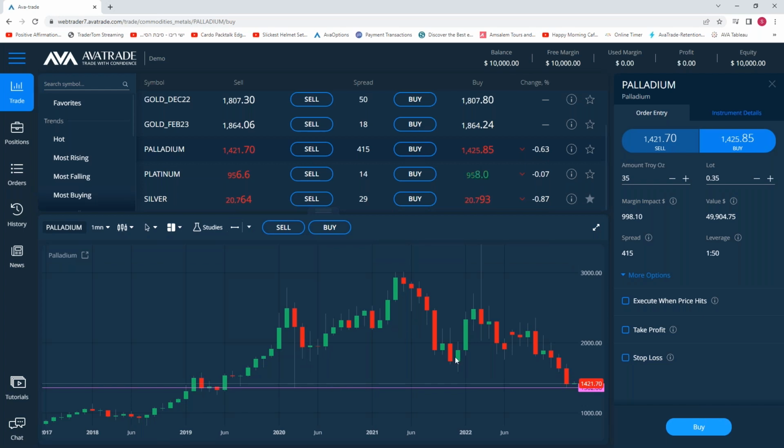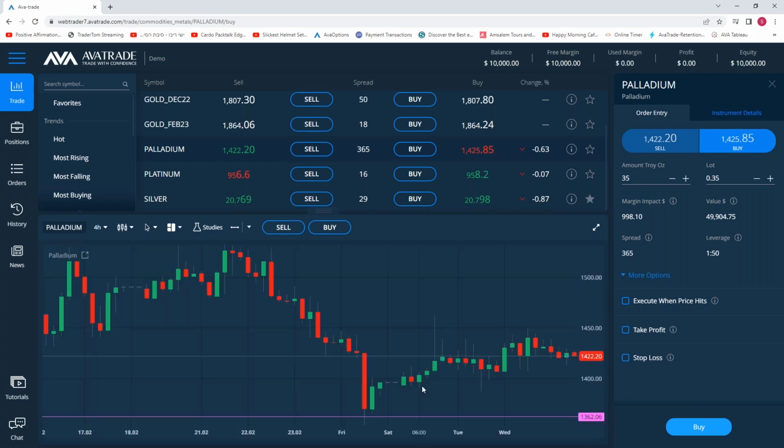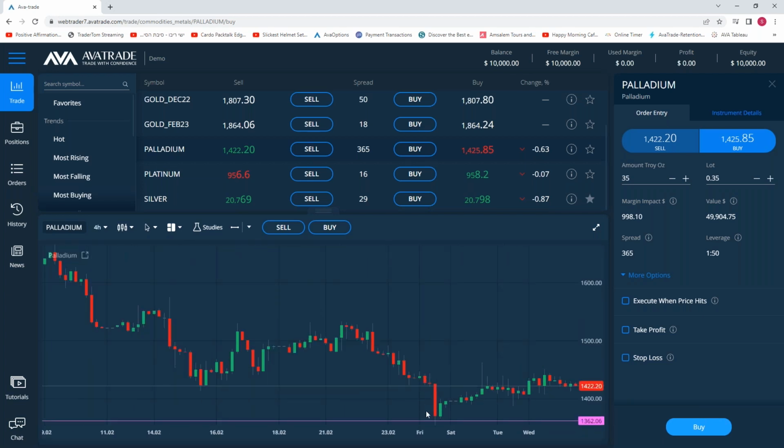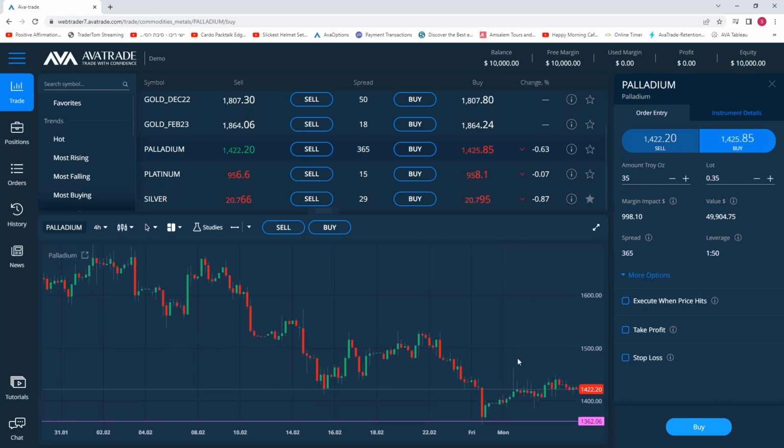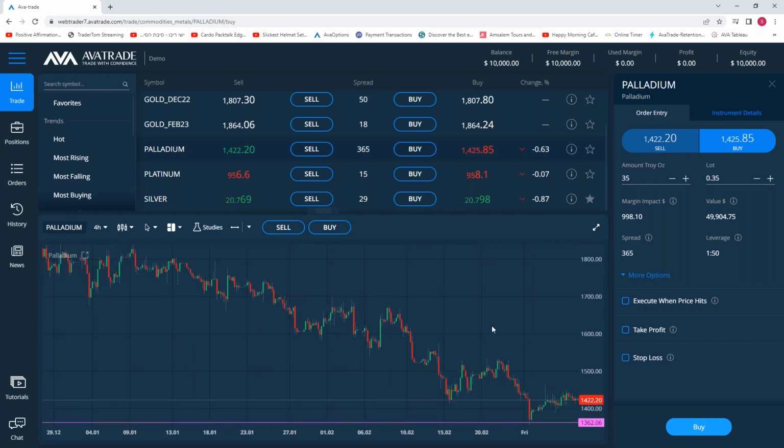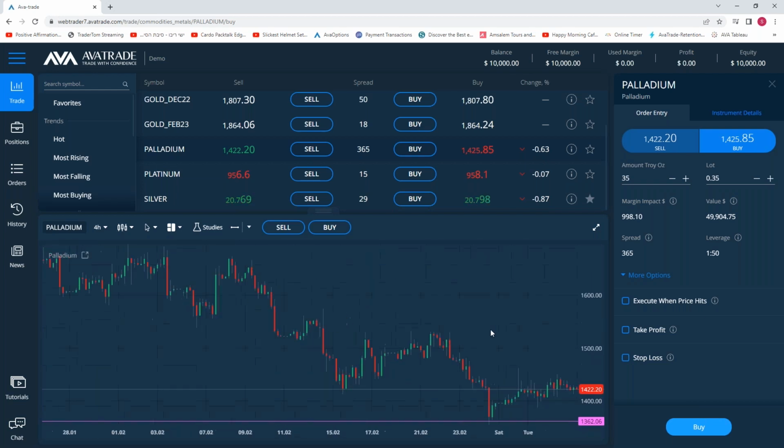Approximately. And then last week it hit the same level and it bounced. So we're going to take a smaller time frame now. I just want to show you. Take a look. It did hit it on Friday and it bounced. Okay, so this is important to really understanding the levels and understanding where the instrument is going and where it is coming from.